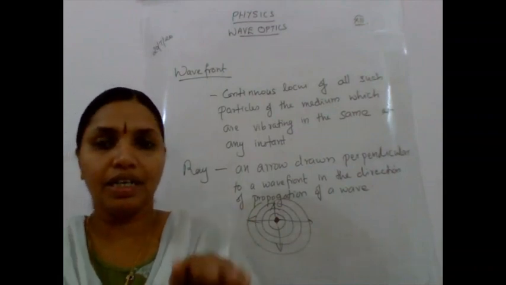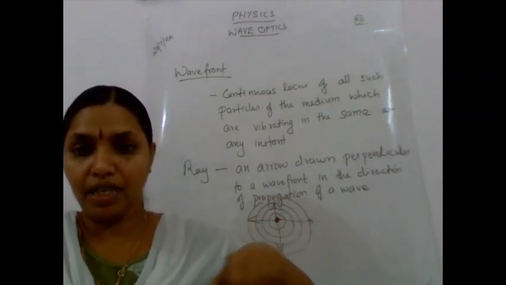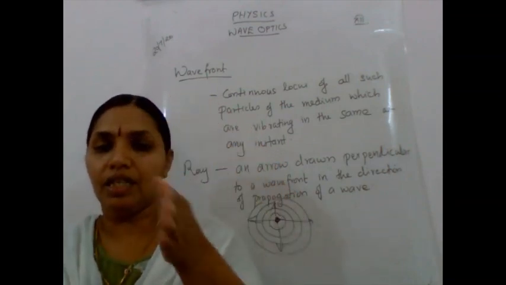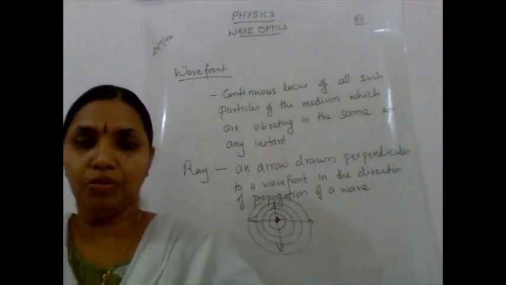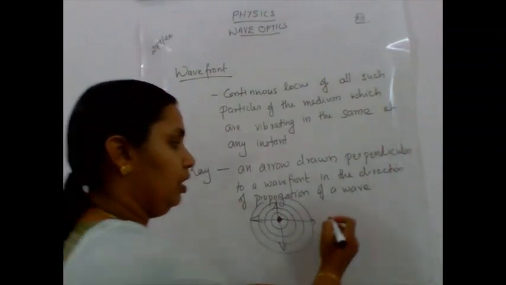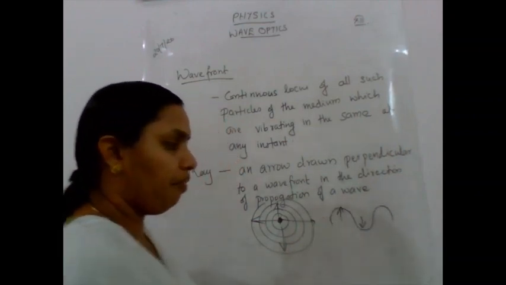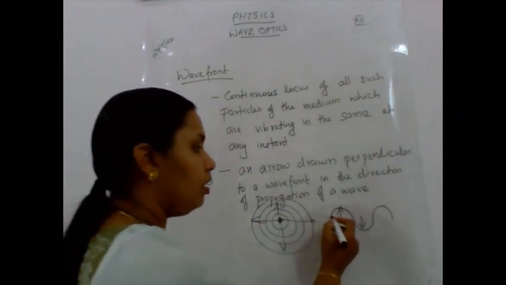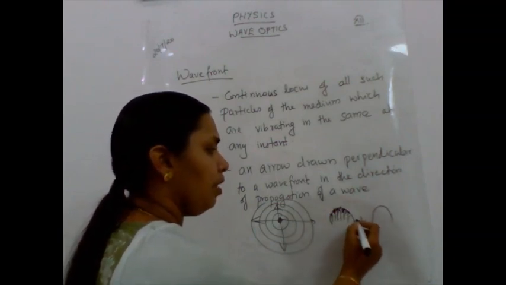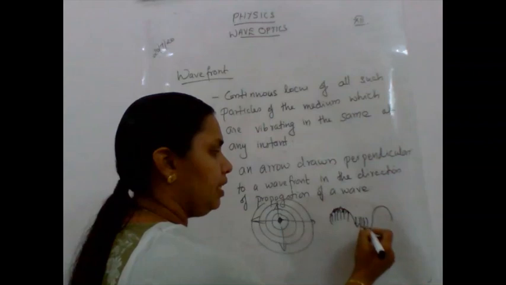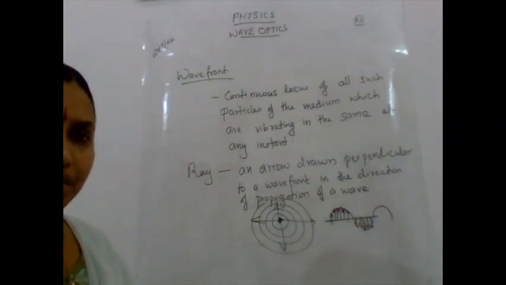You can see the crest and trough in that wave, isn't it? Crest means all the points are in the upward motion. Trough means all the points are vibrating in the downward motion. A wave, you know. So this is the crest and this is the trough of a wave. Here all the particles are vibrating in the upward direction, and here all the particles are vibrating in the downward direction. So that is the classification, crest and trough.